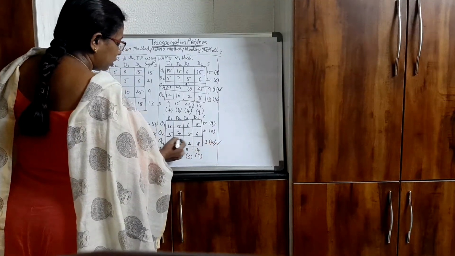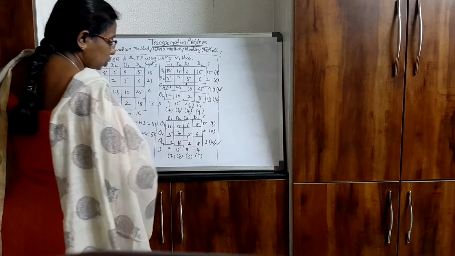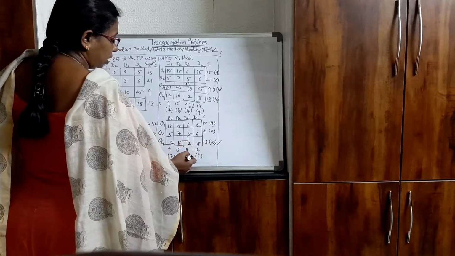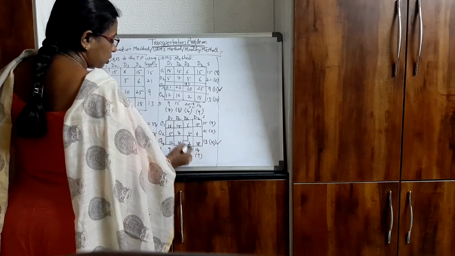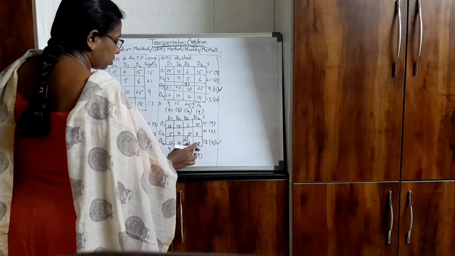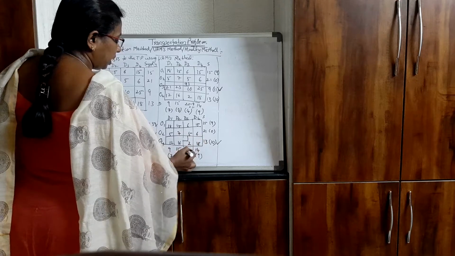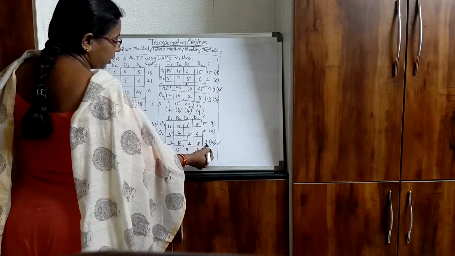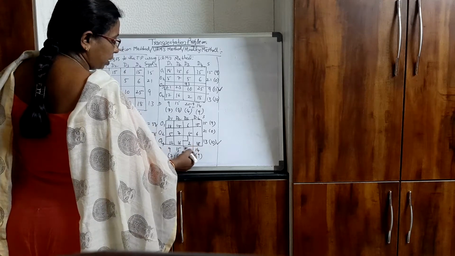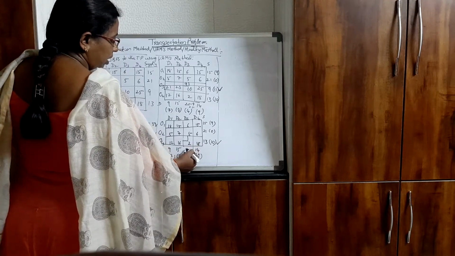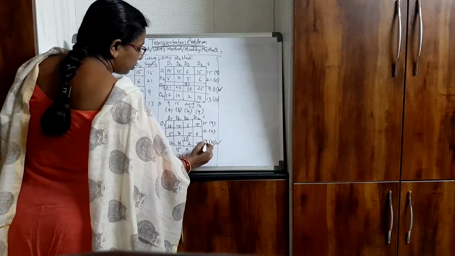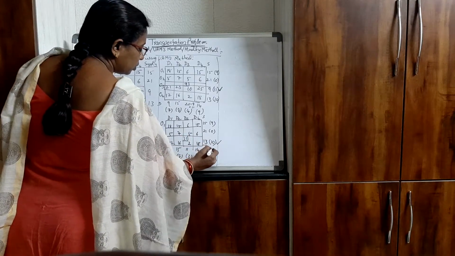In this row, 2 is the minimum cost, least cost. Now corresponding to this 2, you have 13 and 11. So which is minimum of these two? Sorry, not 13 and 3, 13 and 11. So corresponding to this 2, you have 13 as the supply and 11 as the demand. So which is minimum here? 11 is minimum. So I allocate here 11. And from this 13 you subtract 11. So you will get here 2.